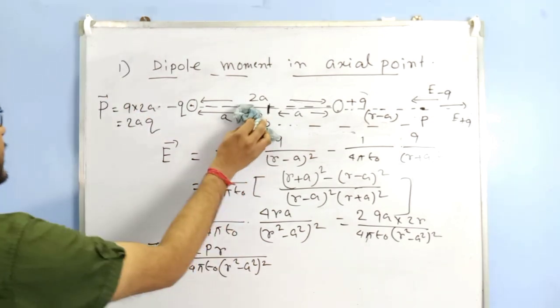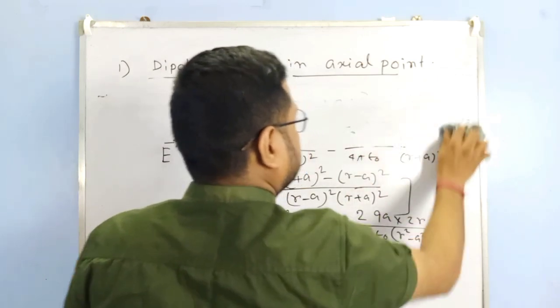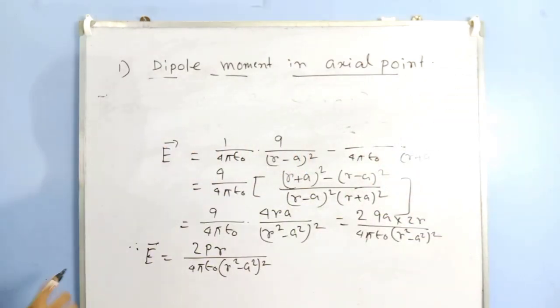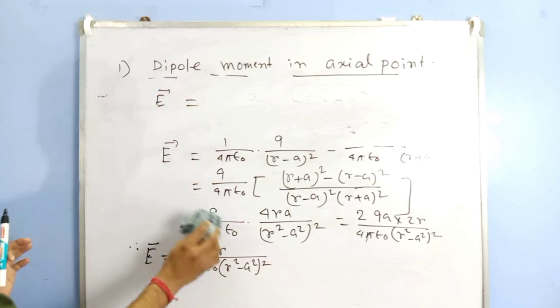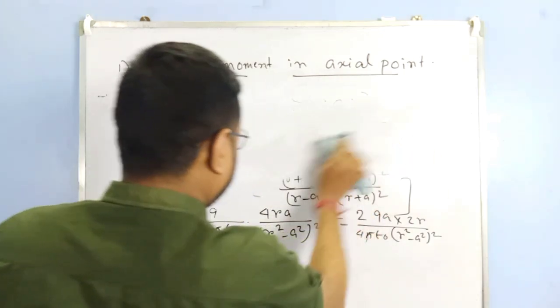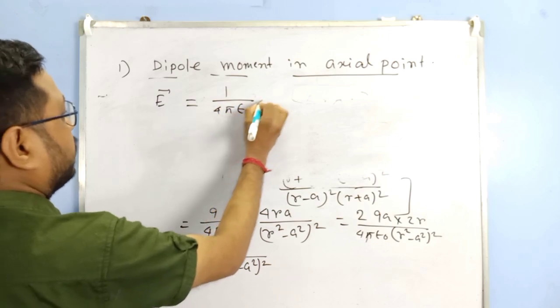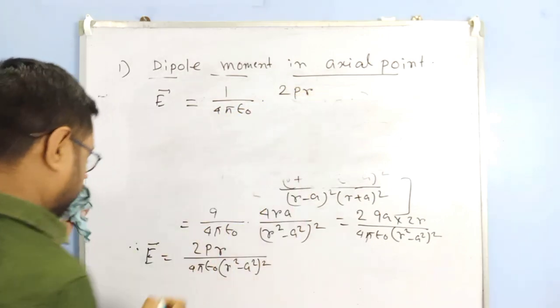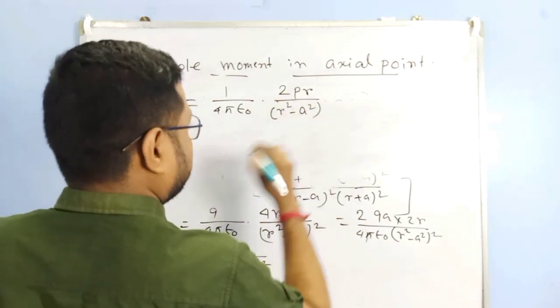So the resultant electric field at the axial position of a dipole is E equal to 1 by 4 pi epsilon naught 2PR divided by R square minus A square, whole square,